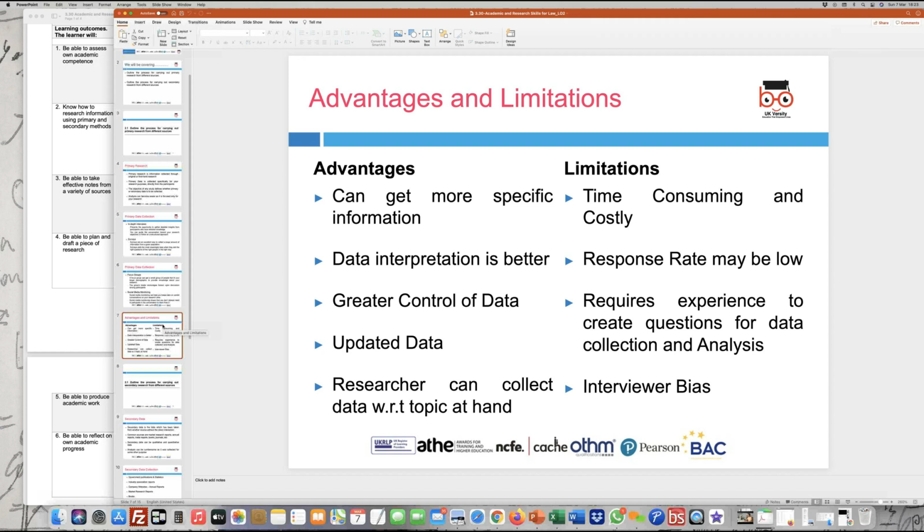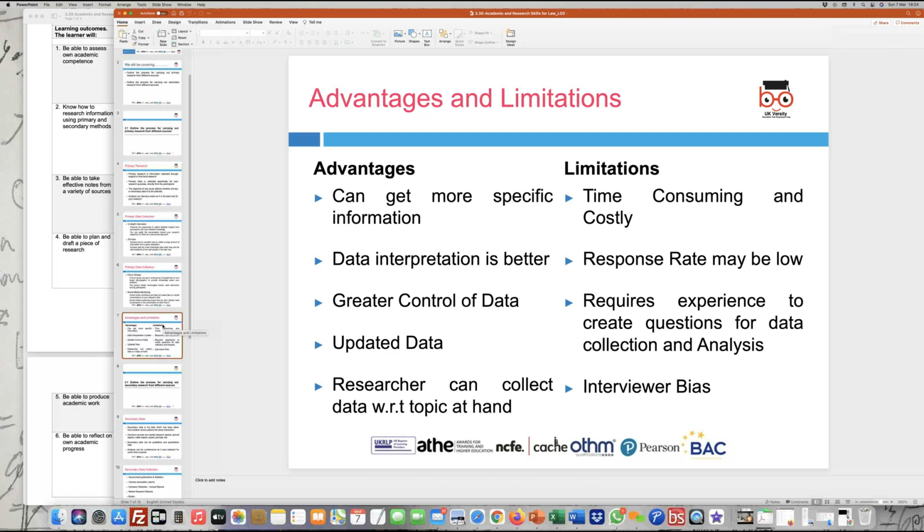Because you're collecting data firsthand, you have greater control on how the data is collected, so that you can negate out errors. And then sometimes you can also look at collecting data with respect to the topic at hand, which could be directly related to certain talking points or points which are related to why the whole research is